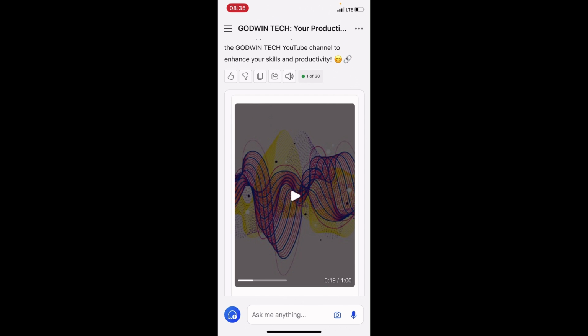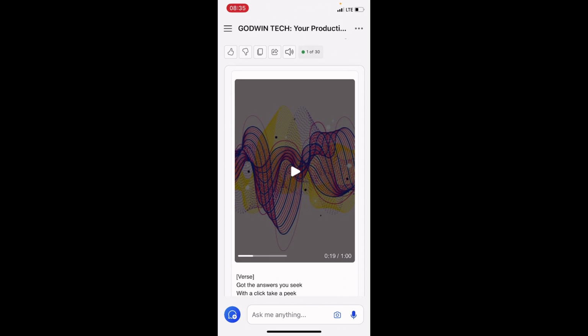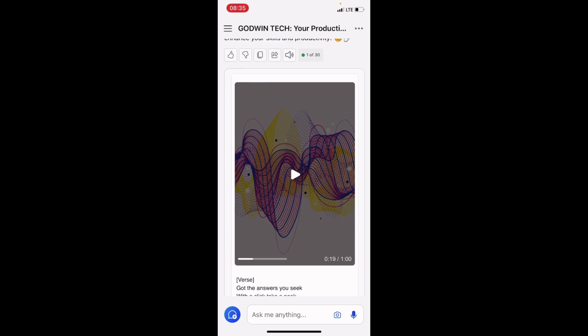All right, that's a beautiful song generated by this tool. So that's how you can use this AI tool to generate a song. First, you need to turn on the Suno plugin before you instruct it to generate a particular song for you. All right, let's get to the last stage, which is how you can use this AI tool